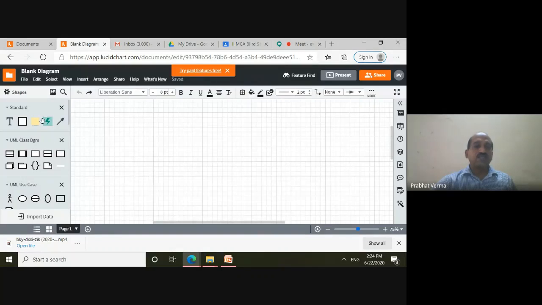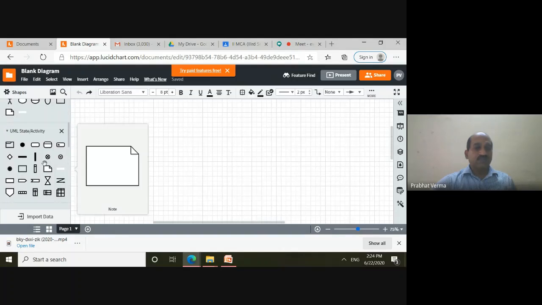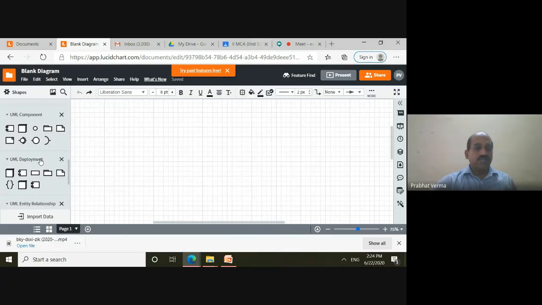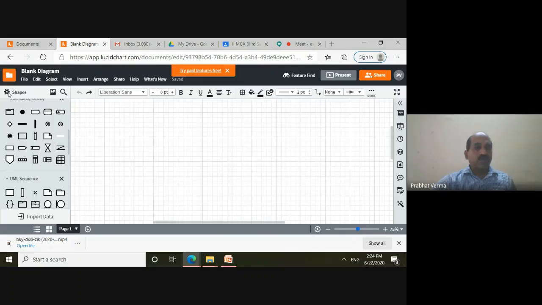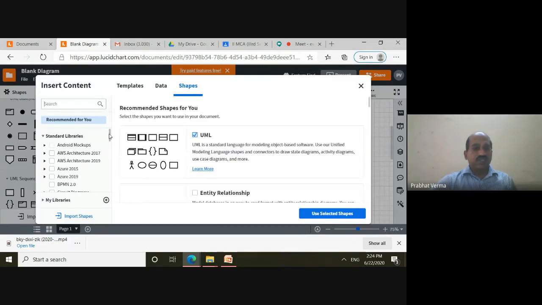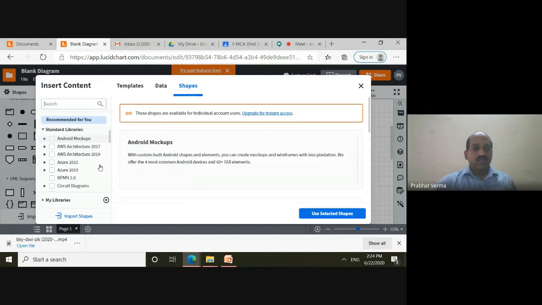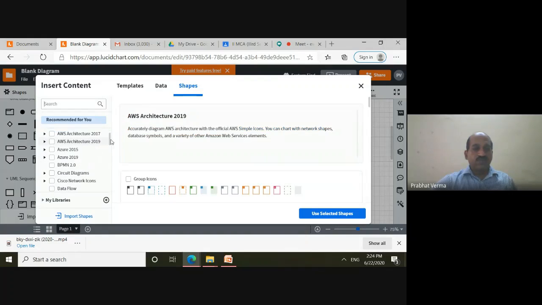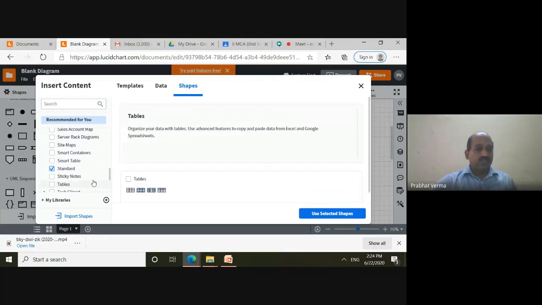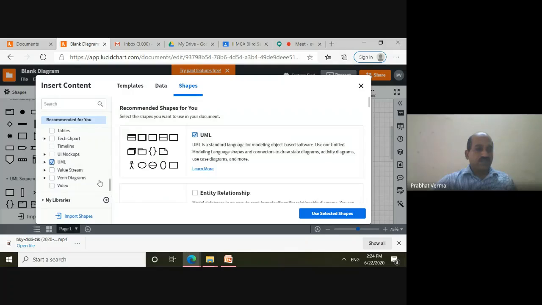If you see the Lucidchart interface, on the left side there is a toolbox where various types of elements are available, and you can select the category of the toolbox that you want. There are various types of tools available here. We have selected the standard and the UML shapes.